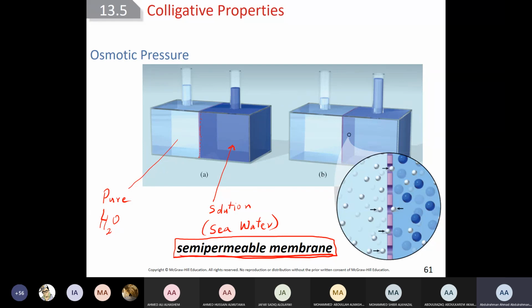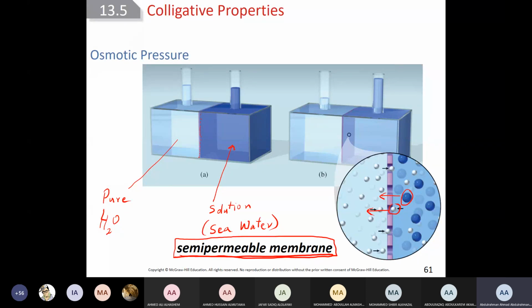This semi-permeable membrane allows small molecules, which is the water molecule, to go to this side, but does not allow big molecules to go to this side. The water can go from here to here, but the big molecules like this will not go to this side. And that's what they do in Saudi Arabia. So